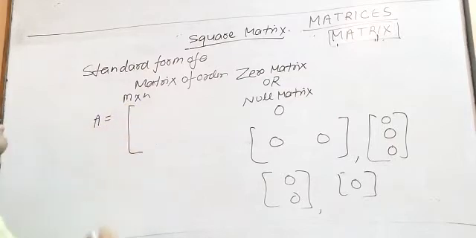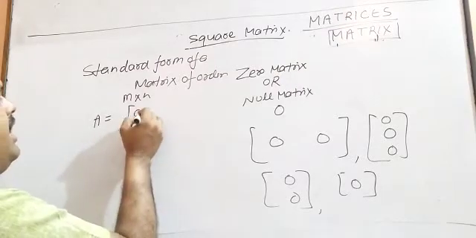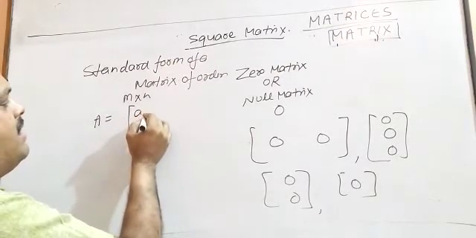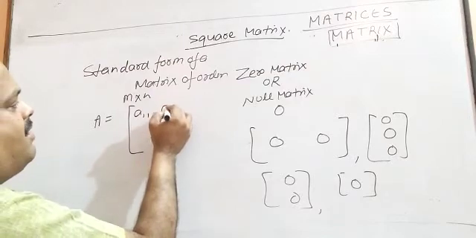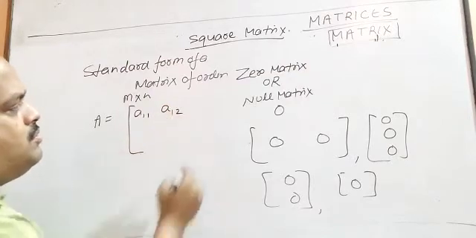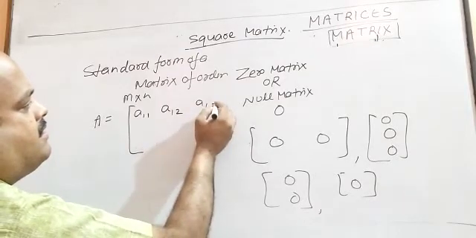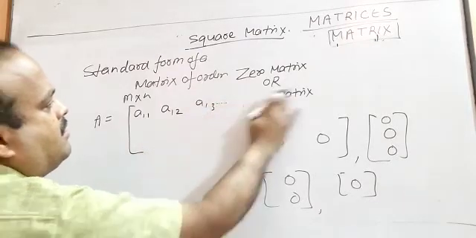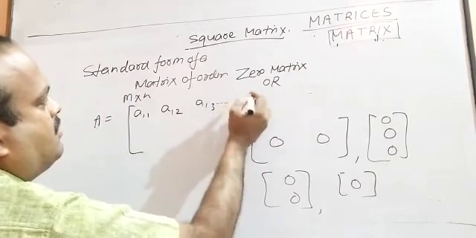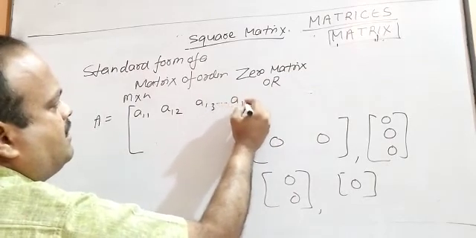So, I show the special form: a11, a12, a13, up to a1n,